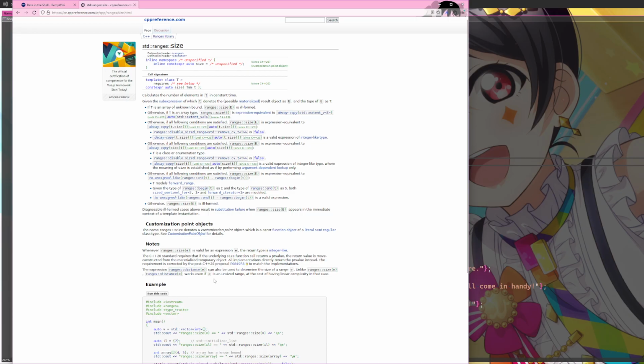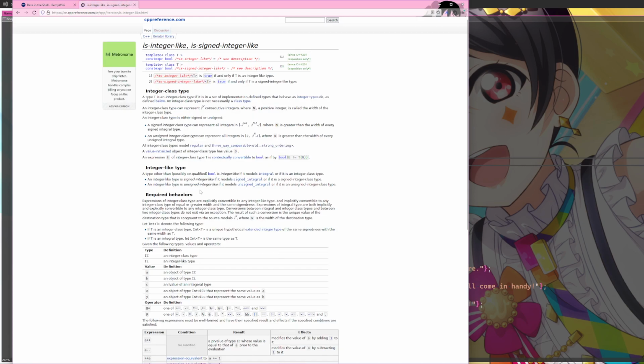The expression range's distance can also be used to determine the size of a range. Unlike range's size, distance works even if E is an unsized range at the cost of having linear complexity. Whenever range's size is valid for an expression E, the return type is integer-like. A type other than bool is integer-like if it models integral or if it's an integer class type. Integer-like type assigned integer.